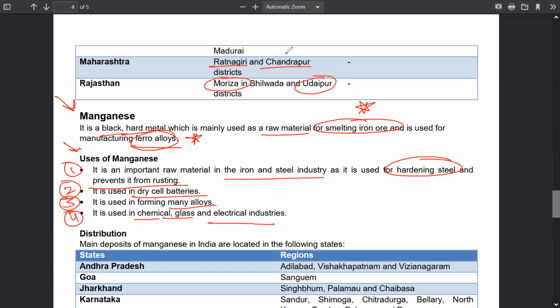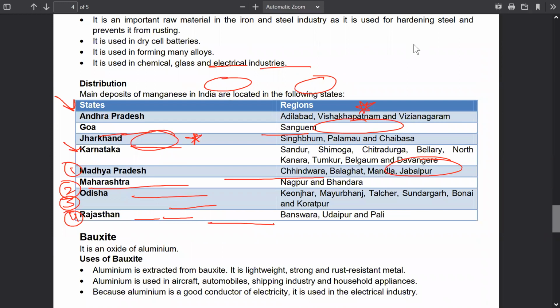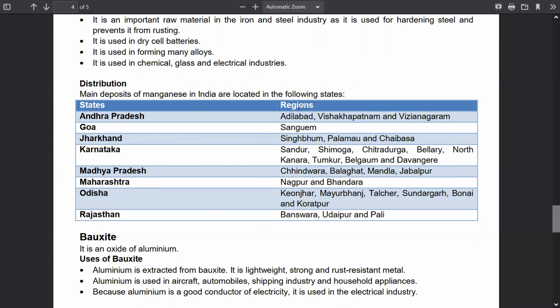And let's look at the distribution of manganese in India. Okay. So Andhra Pradesh, it is found in Adilabad and Vishakhapatnam. And Goa, it is found in, I'm not sure how do I pronounce this, Sangam. And then Jharkhand, you have Singhbhum and you have Chaibasa. In Karnataka, you have Sandur and Shimoga. In Madhya Pradesh, you have Mandla and Jabalpur. In Maharashtra, you have Nagpur and Bhandara. In Odisha, you have Keonjhar and Mayurbhanj. In Rajasthan, you have Banswara, Udaipur, and Pali. So these are some distribution